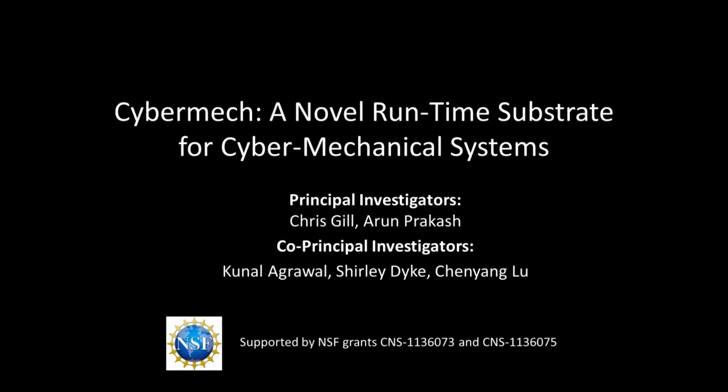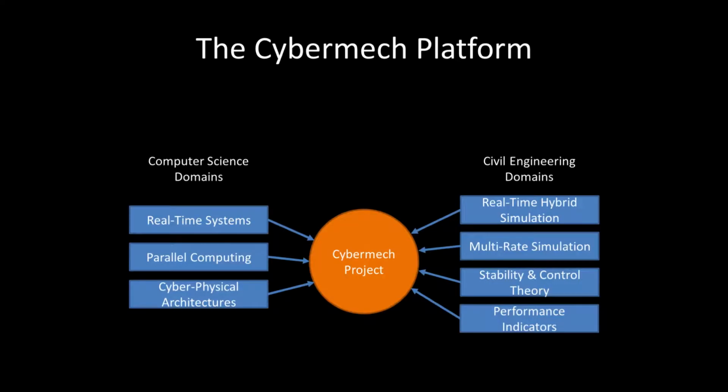CyberMech, a novel runtime substrate for cybermechanical systems. The CyberMech software platform is a collaborative, interdisciplinary project in computer science and civil engineering. Our goal is to co-develop the theory and practice of cyber-physical system design in the specific application of real-time hybrid